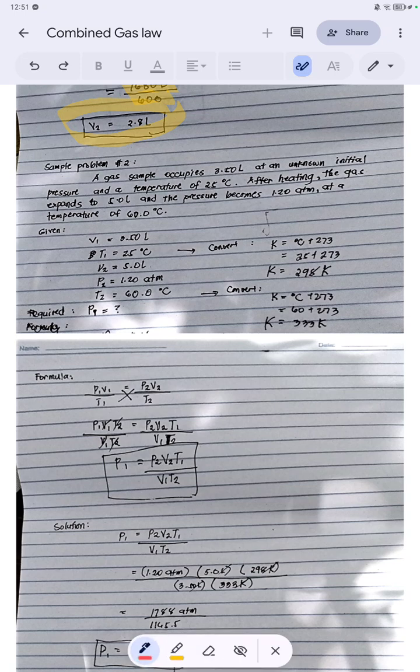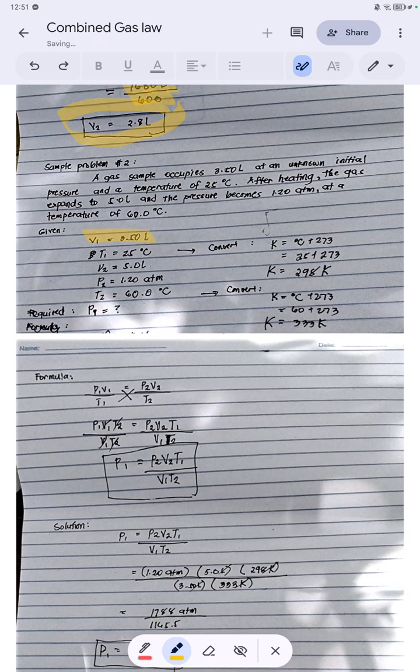So again, you will look at the given, whether they have the same units. If they do not have the same units, see to it that you convert them. And your temperature must be in Kelvin. Don't forget that. So, for the given, we have V1